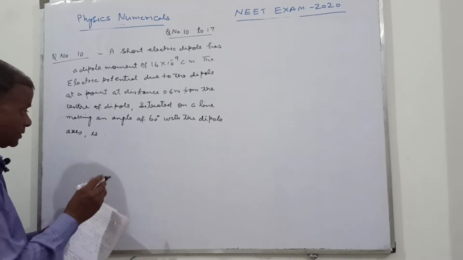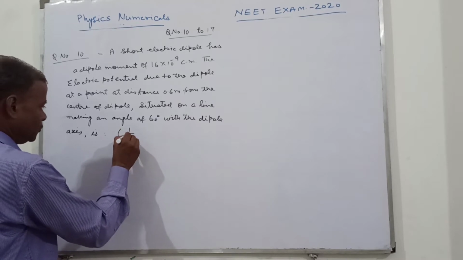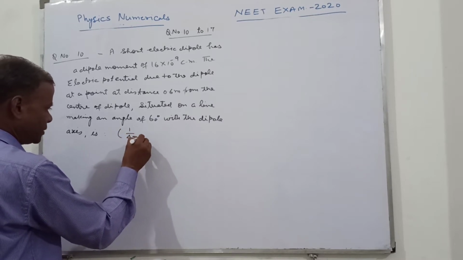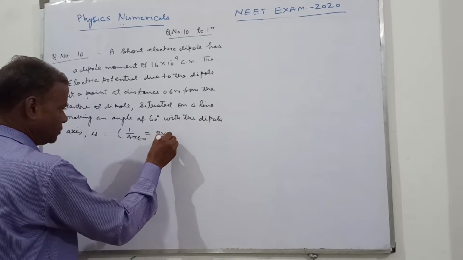Here you are given 1 upon 4 pi epsilon naught equal to 9 into 10 raised to the power 9